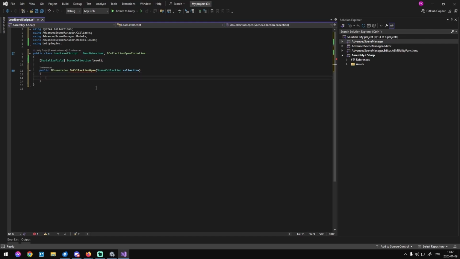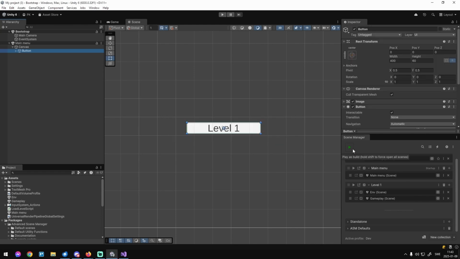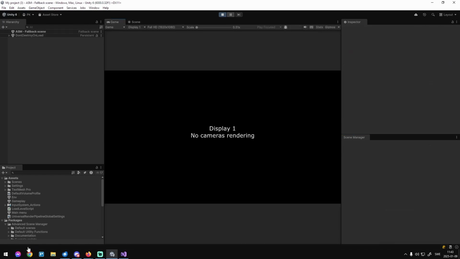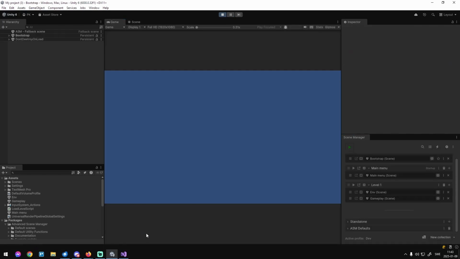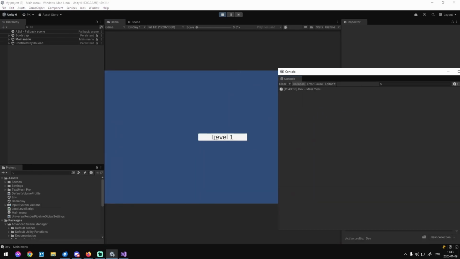Let's try that. I'm going to show you what I mean. Debug.Log collection.name, so we can check which collection this one was part of. Yes, there we have it, main menu. So even if we load the level 1,